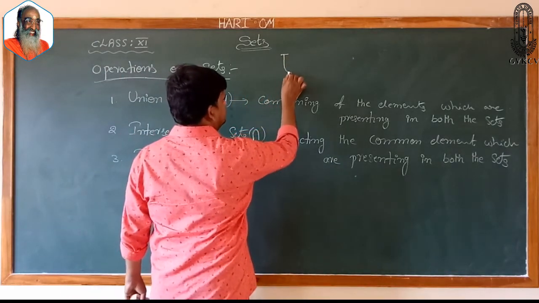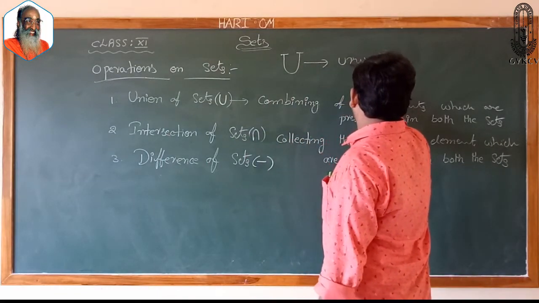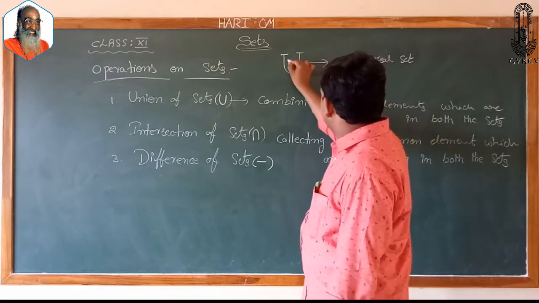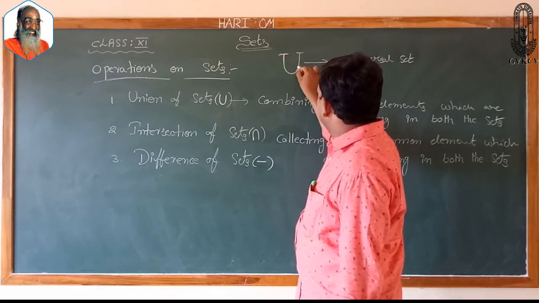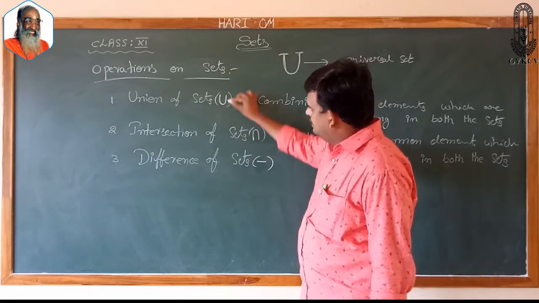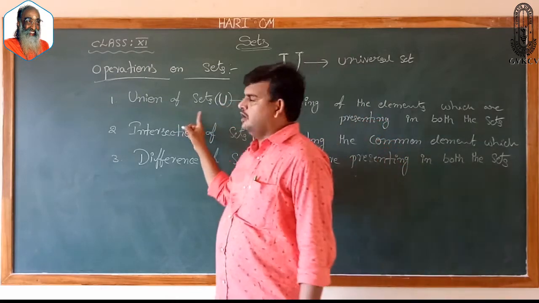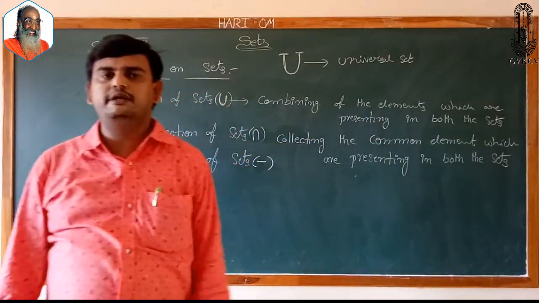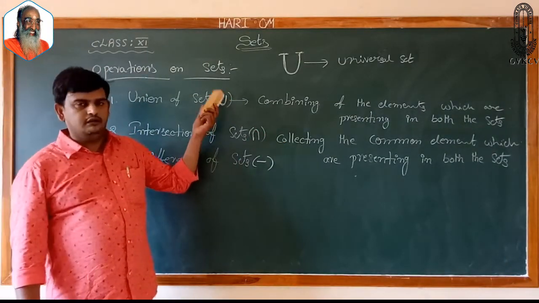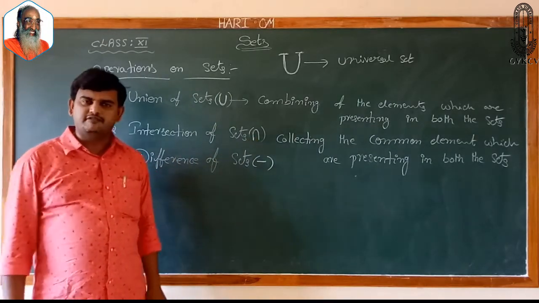Earlier also we used to know this is for what? This is for universal set. Wherever universal set is there, they used to mention the bigger U like this. Now this symbol indicates the union operation. Union symbol, if you reverse it, you will have the intersection operation, and this is the difference operation.